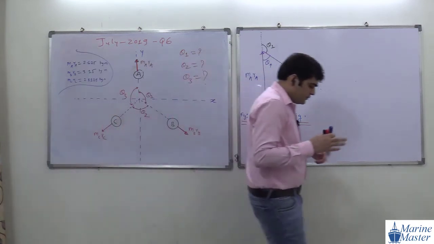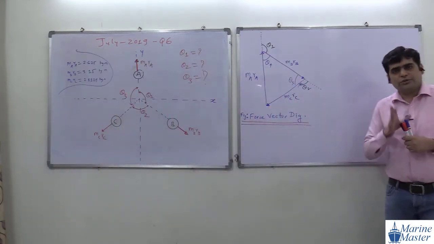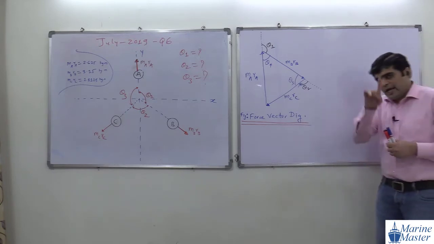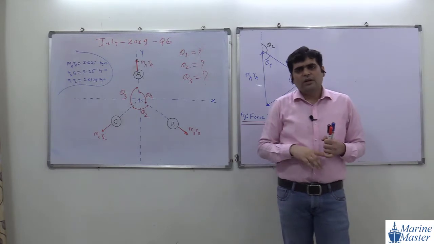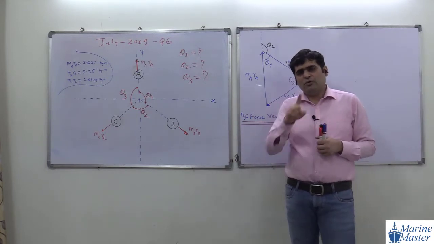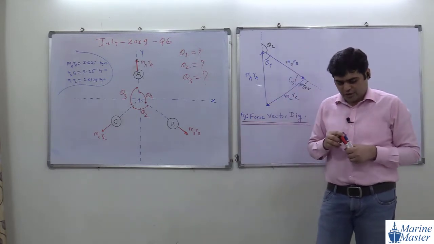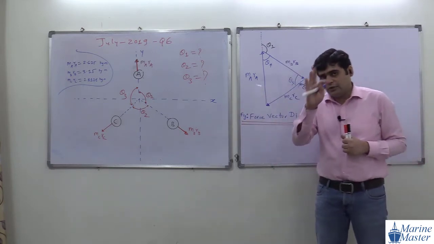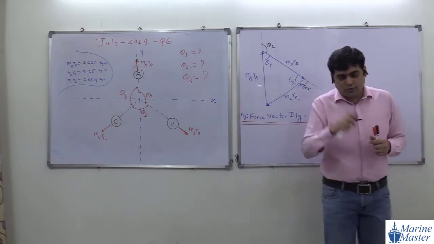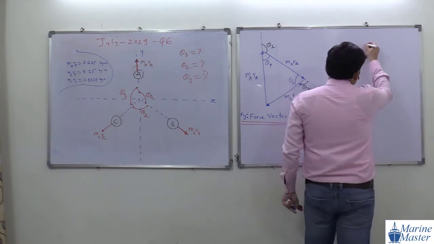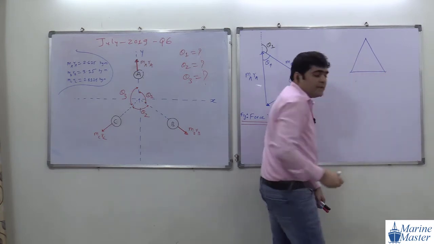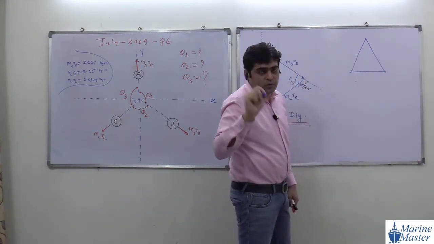Now, do you know cosine rule? Okay, I am going to explain you cosine rule. Sine rule is simple. I am going to explain both rules, sine rule and cosine rule. What is meant by sine rule and cosine rule? Try to see the scenario. Suppose this is one triangle here.